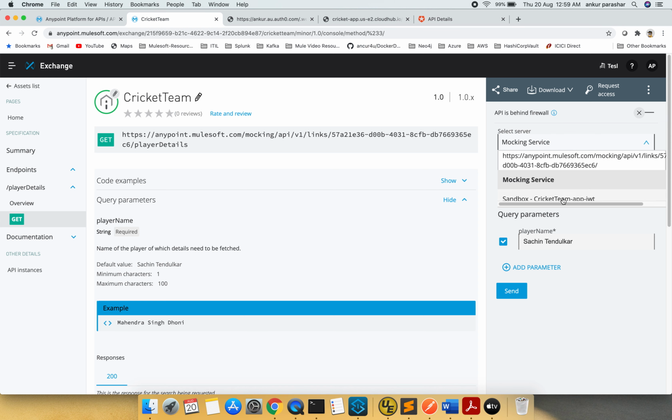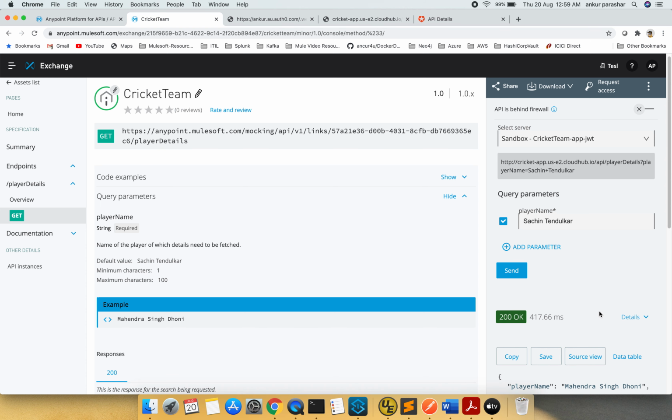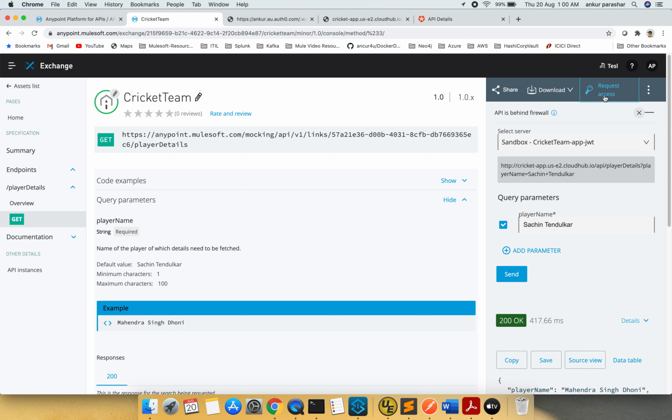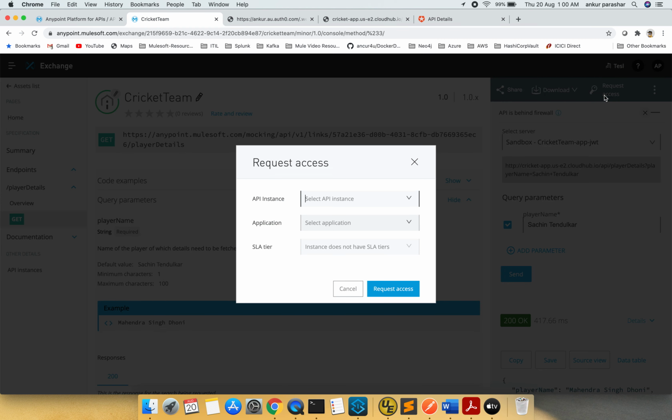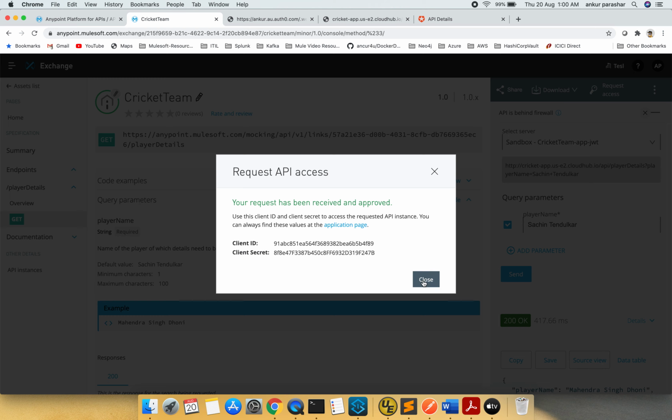Instead of mocking, I will select the JWT instance and click on the send button. I will request the access as well. Okay, we'll select JWT and let's see the request. Yes, it is being accepted.